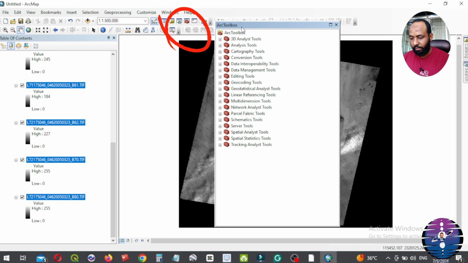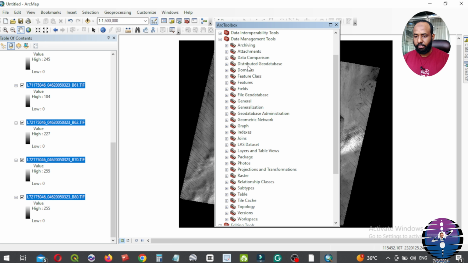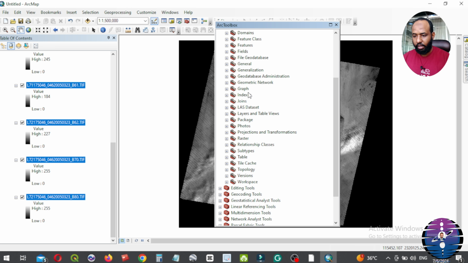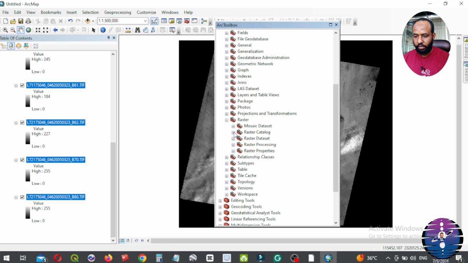Then navigate to the data management tools here. Data management tools. 1, 2, 3, 4, 5, 6 options. Open. Then navigate to raster here. Choose raster, open raster, raster processing.